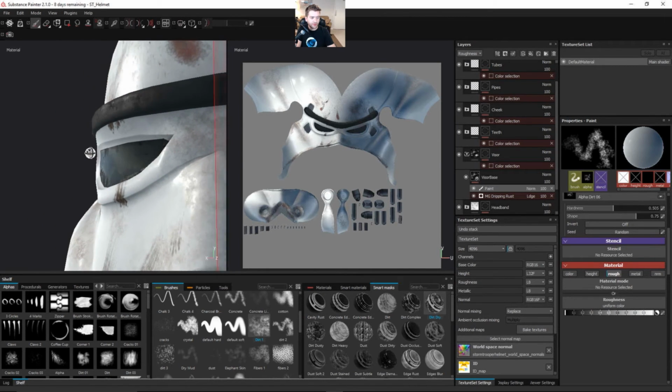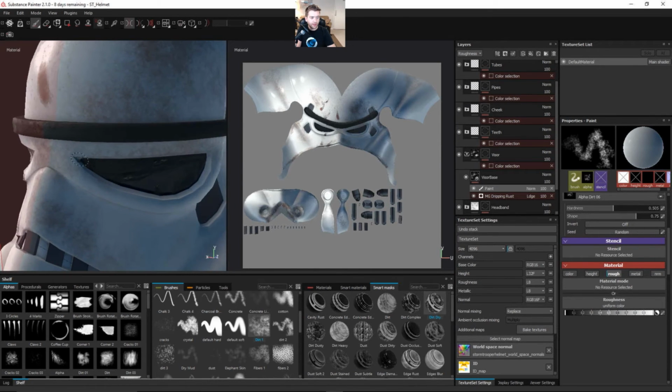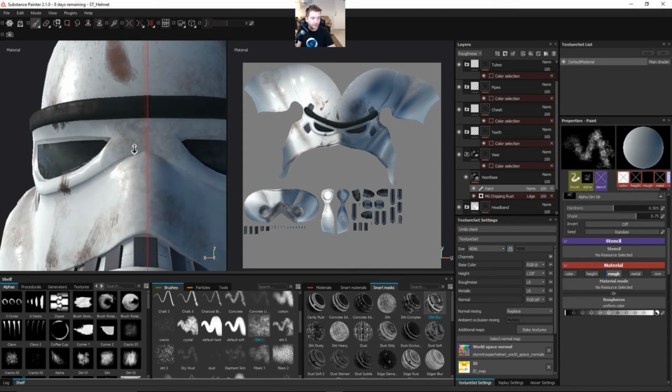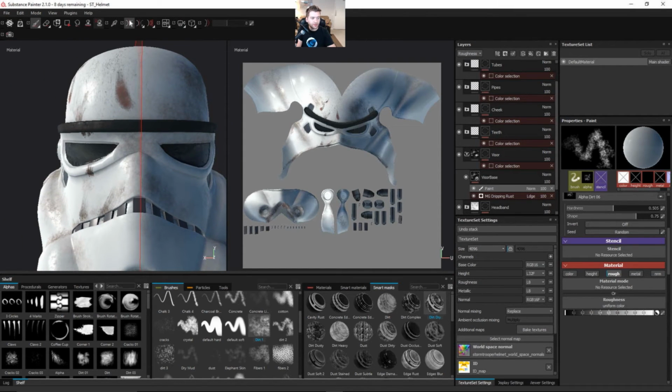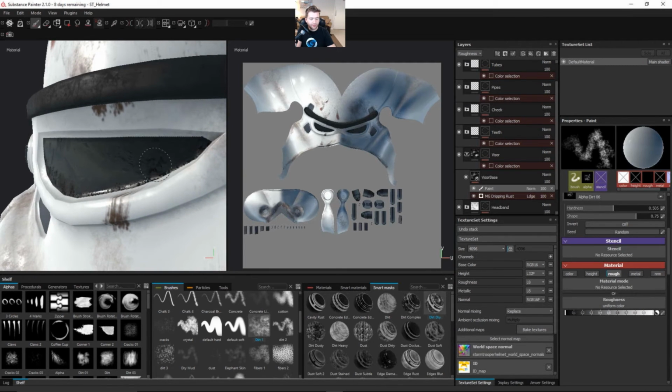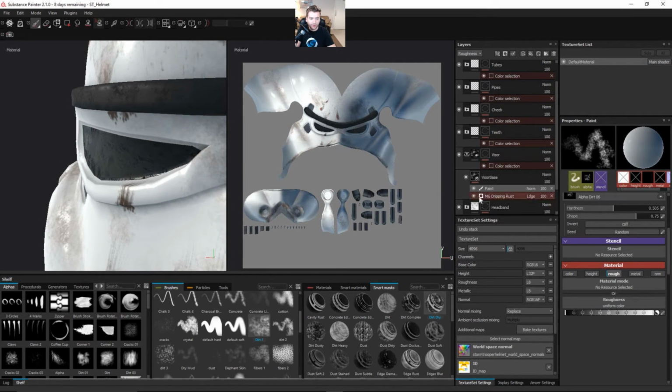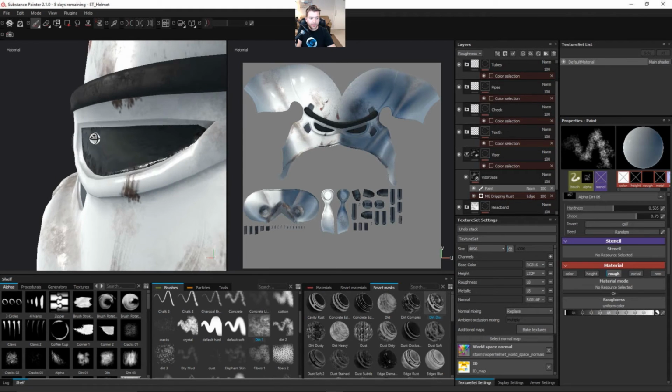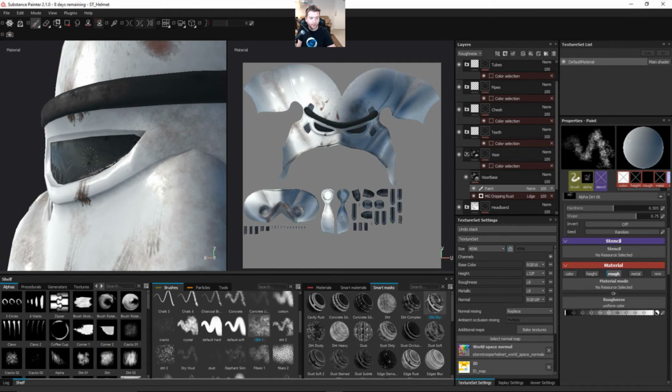Kind of brush this away. So now we got a little bit of dirt, and it kind of looks like it's been smeared off of there, and we're using symmetry. So let's turn off the symmetry. So that's a quick way of adding some roughness in with dirt, and then using a paint effect to only affect the roughness channel in the layer stack, and just wipe that away by using a very